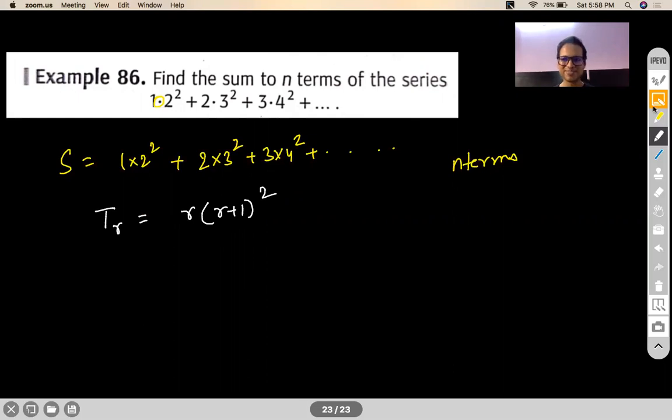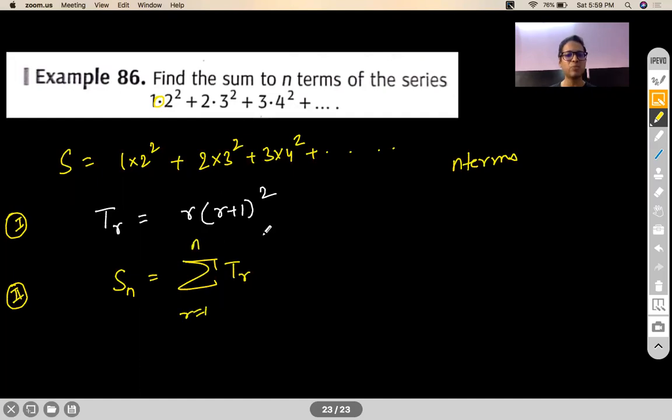No, right? Okay. Guys, let me tell you, this looks to be a very simple step. This is the very first step. But many people don't write the rth term correctly. If you make a mistake in writing the rth term, you are gone. The problem will definitely be wrong. Why? Because in the second step, you are going to apply the sigma on Tr from r equal to 1 till n. What is a sum? Sum is nothing but summing up your T1, T2, T3, T4 till Tn, isn't it? So aren't you applying sigma on your Tr, which is (r+1)², from r equal to 1 till n?